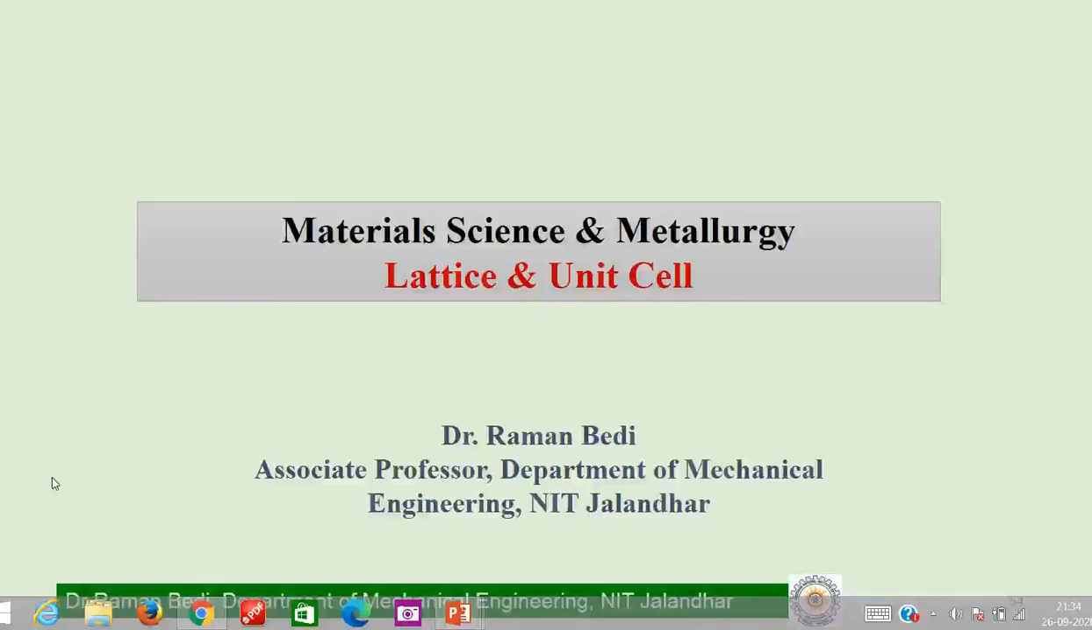So we start today with the concept of lattice and unit cell with respect to our discussion on crystalline materials. We will go forward today regarding these two concepts, and we will see that these help us in understanding the arrangement of atoms inside a material. And then further our basic aim is to interrelate this arrangement of atoms, which I will later call the crystal structure, to the performance and the